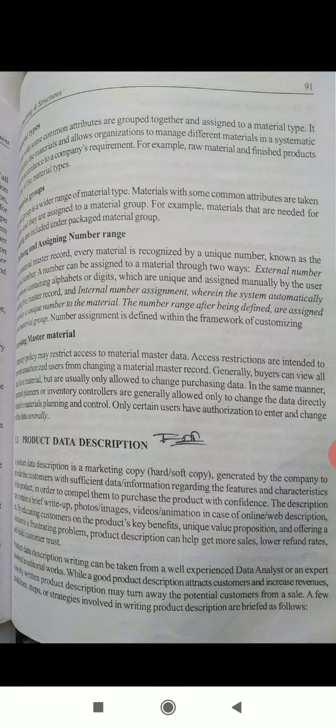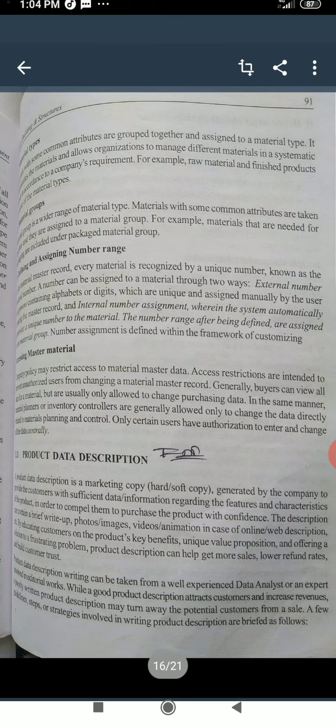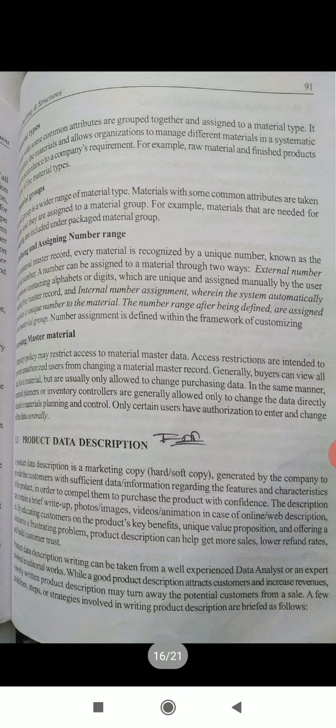The number ranges after being defined are assigned to the material group. Number assignment is defined within the framework of customizing.